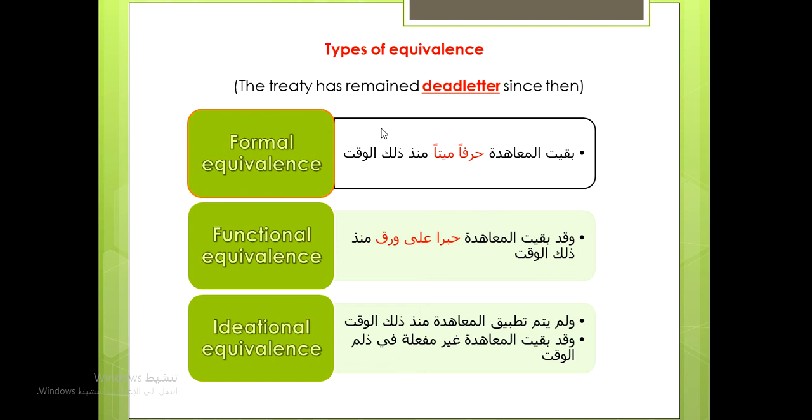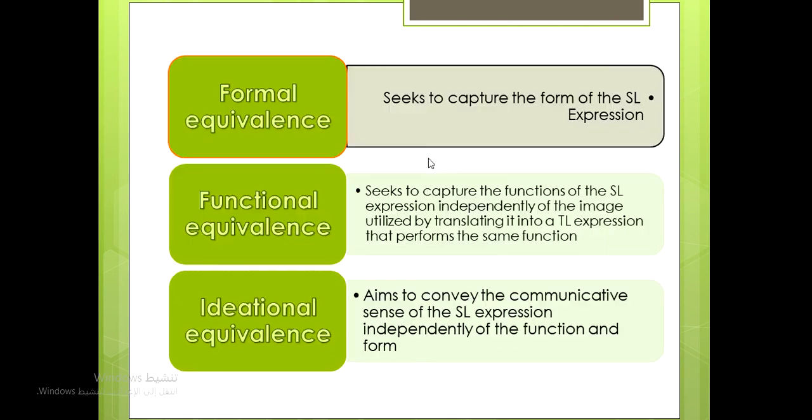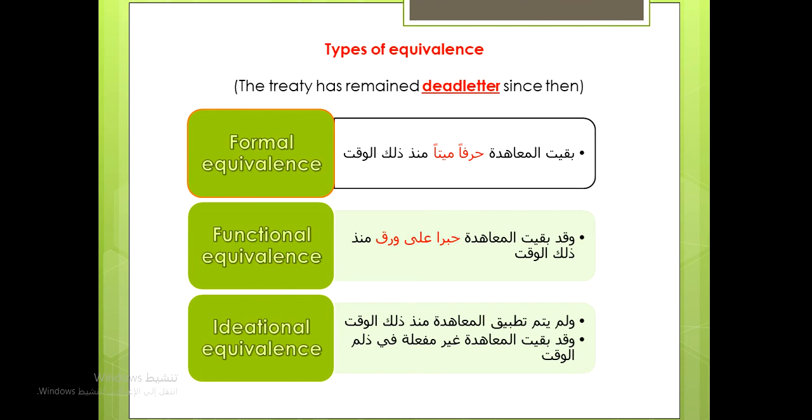Let's see how the equivalence could change the translation of this sentence. When I use formal equivalence, the translation will be بقيت المعاهدة حرفا ميتا منذ ذلك الوقت. We say that it seeks to capture the form of the source language. It's close to, let's say, literal translation. Dead letter حرفا ميتا, and this translation